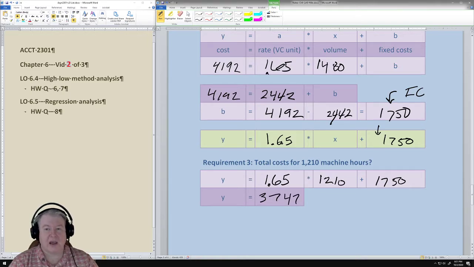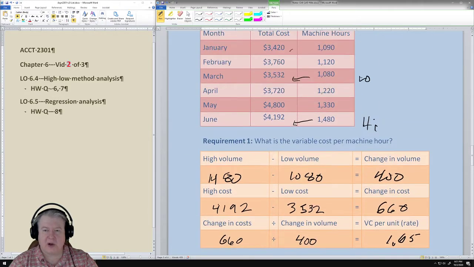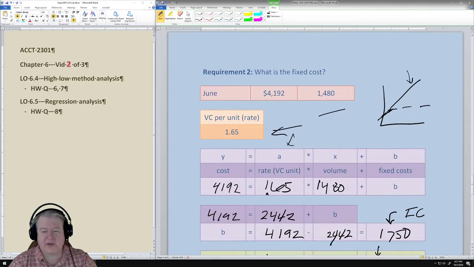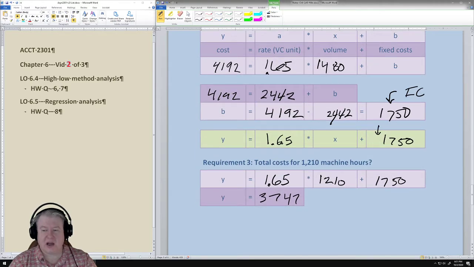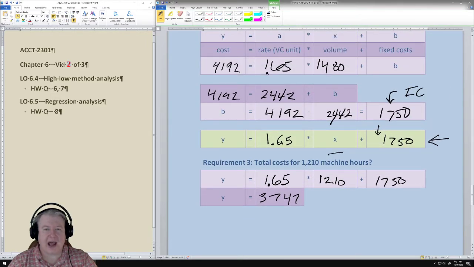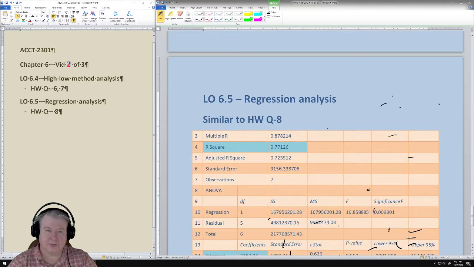So you take a high and low point. You use those to figure out your variable costs. You plug in either the high or low again to figure out your fixed cost. You then come up with the cost equation, and then you can use the cost equation for new values of x to figure out your new costs. So if you notice in the high-low, we're just using 2 points. So let's take a look at